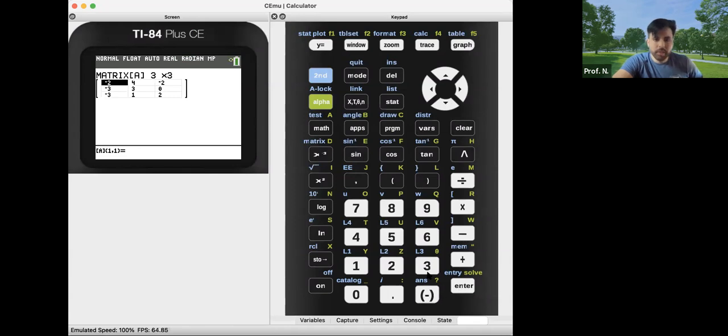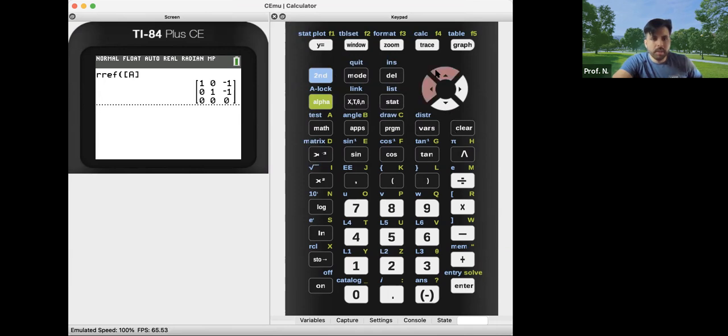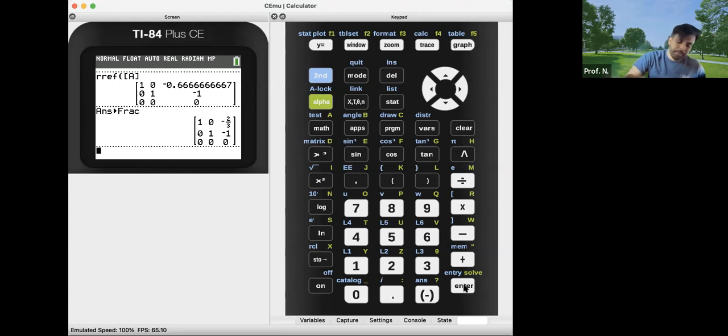I'm only going to rearrange the diagonals because that's the only thing that changes. So I go to the home screen and I just repeat the command up here. I'm going to get, let's do math as a fraction. So then the row reduced echelon form